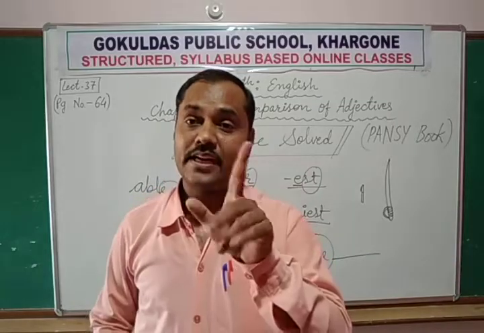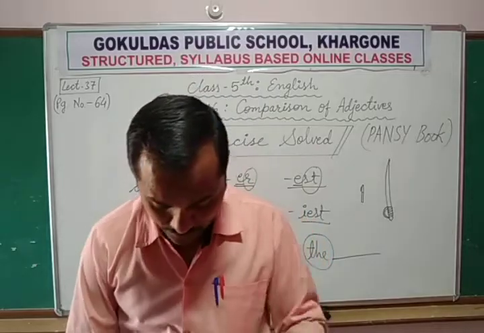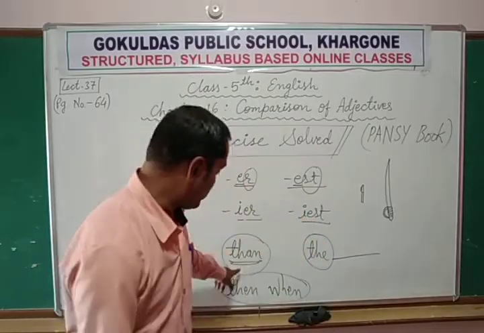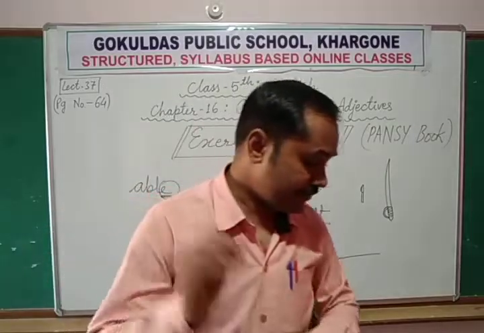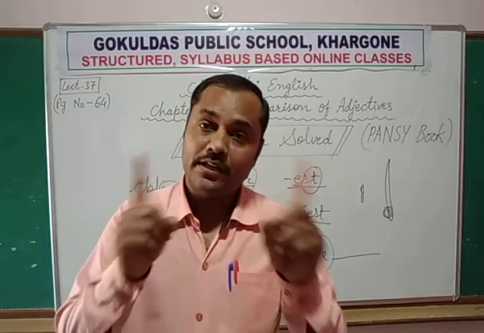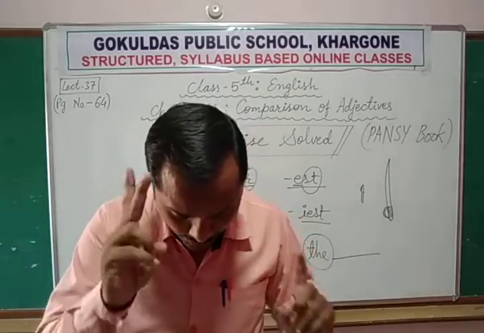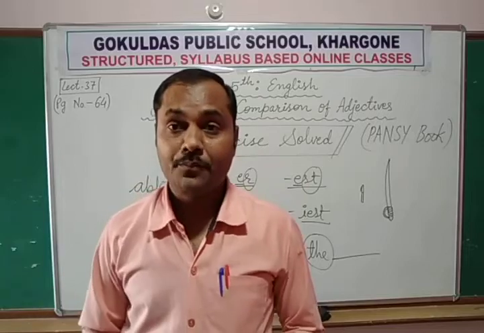Now first we decide what will be used here, comparative or superlative. Now the word than is used to compare between only two things. Here what are the two things? Prevention and cure. Prevention means